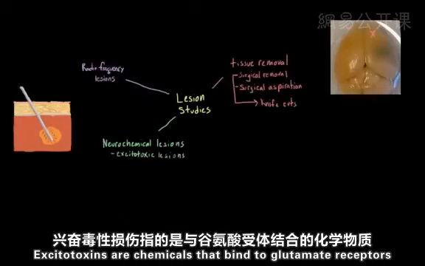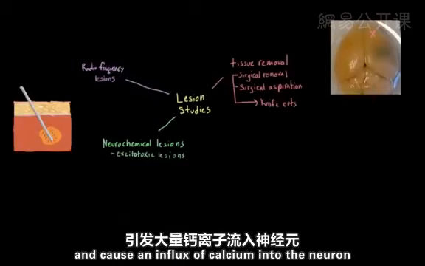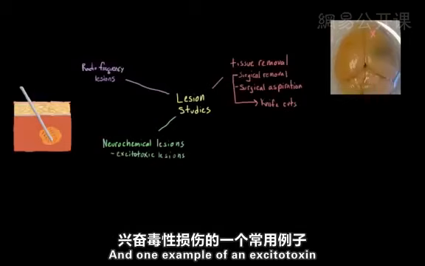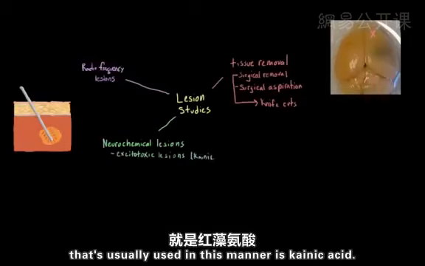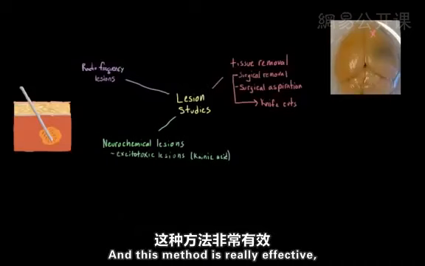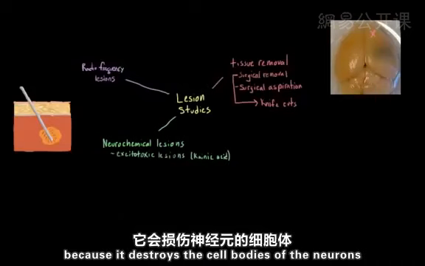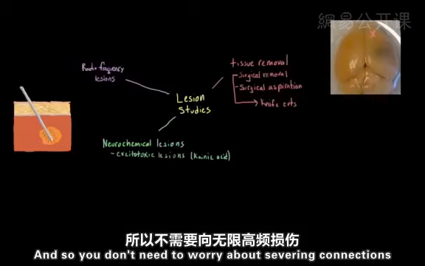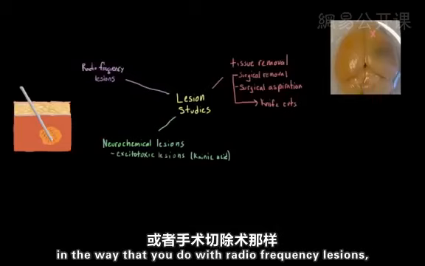Excitotoxins are chemicals that bind to glutamate receptors and cause an influx of calcium into the neuron to such an extent that it kills the neuron. It essentially excites it to death. One example of an excitotoxin that's usually used in this manner is kainic acid. This method is really effective because it destroys the cell bodies of the neurons, but it does not influence the neurons whose axons are just passing by. And so you don't need to worry about severing connections in the way that you do with radiofrequency lesions or